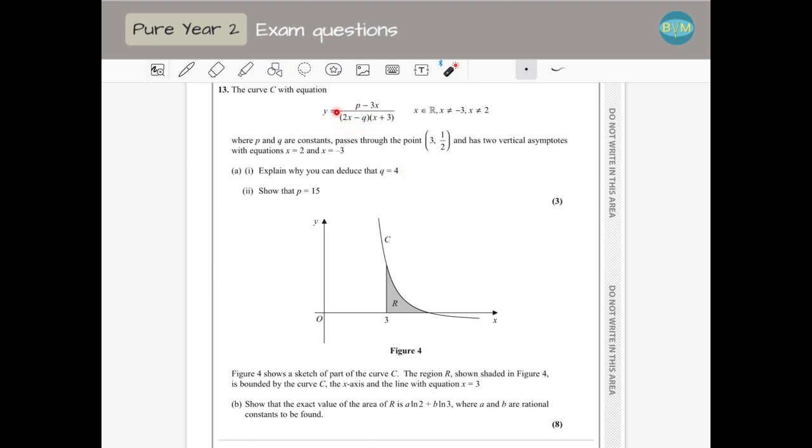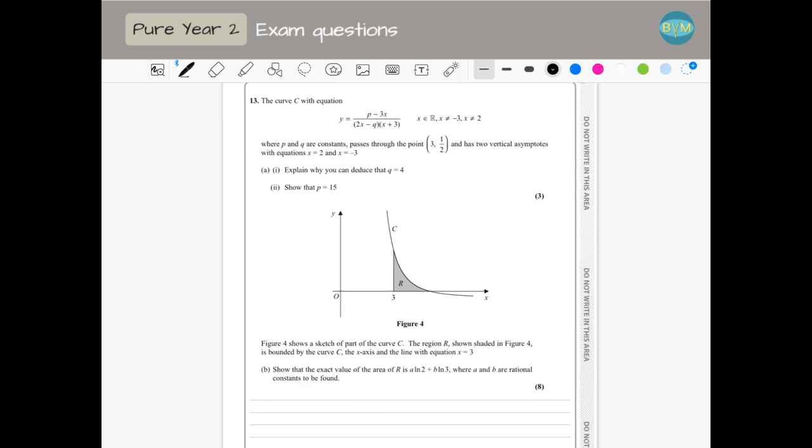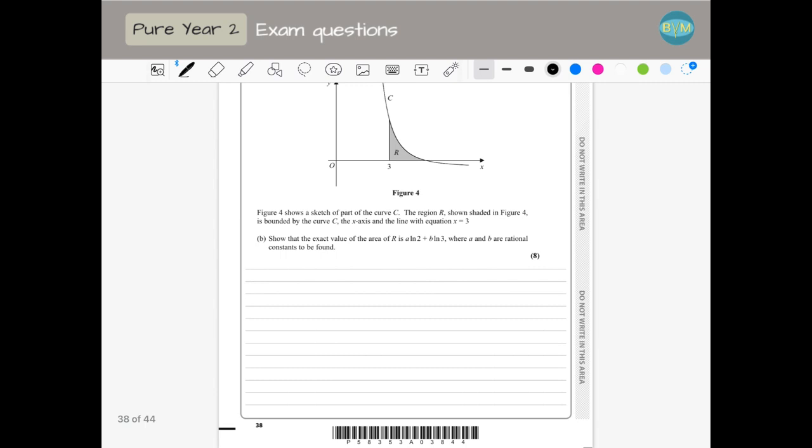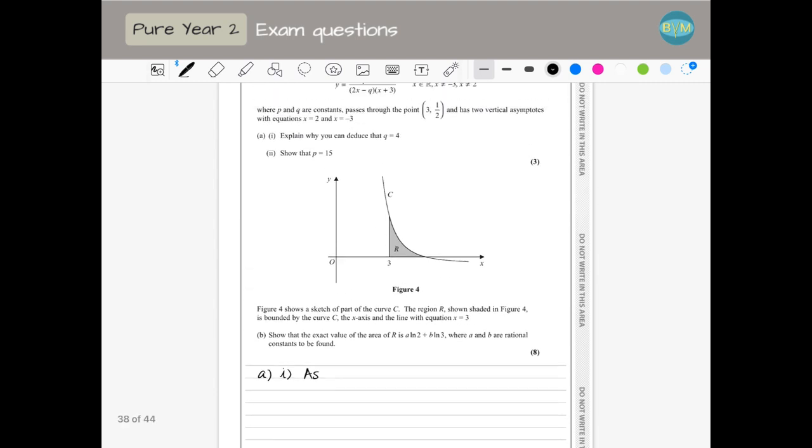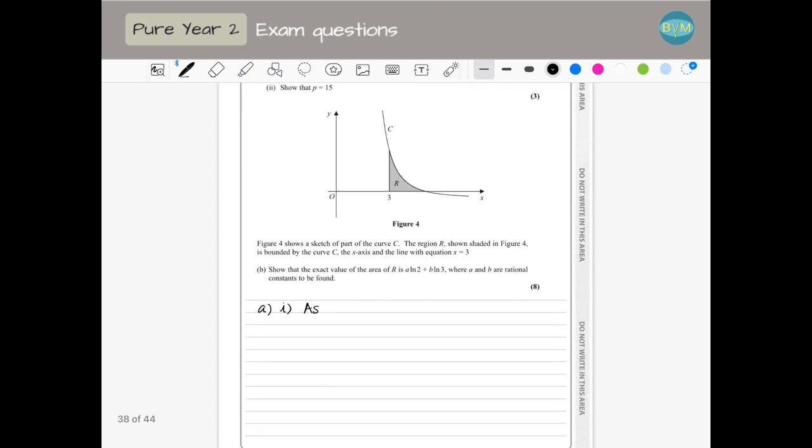So Q is in the denominator and I know I have these two asymptotes. The asymptotes are going to happen when this is 0 and when this is 0. This is the one giving me 0 here. So you have to explain something like: as C has an asymptote